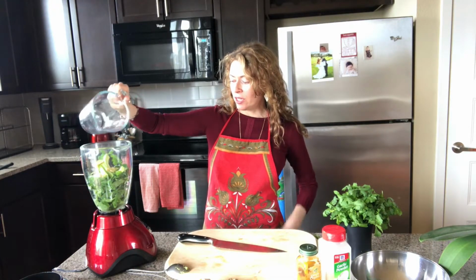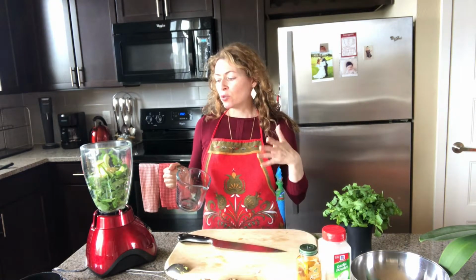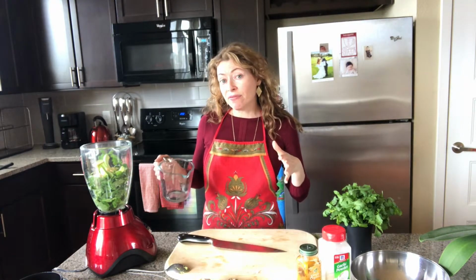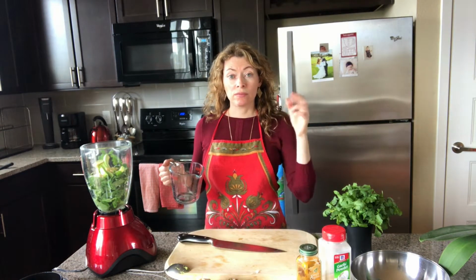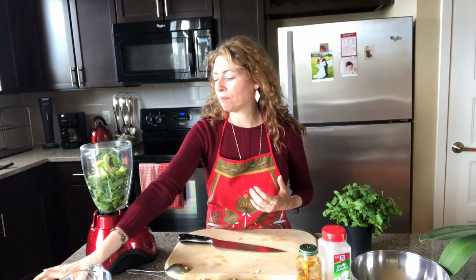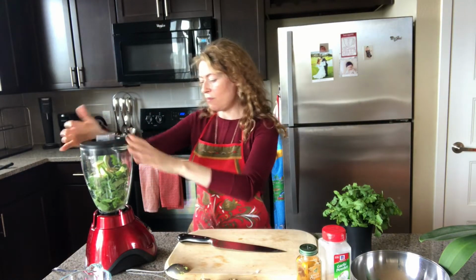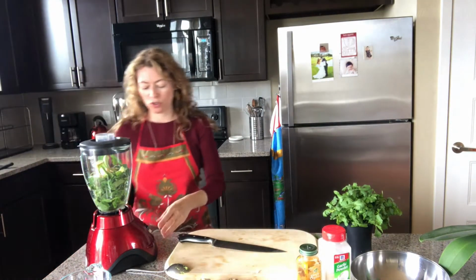And then I take about 1 cup of water, and it depends on how thick you want your smoothie to be. I prefer mine on the thicker side, so I put about 1 cup. You could put 1.5 cups of filtered water, or 2 if you like it really liquidy. And you can always add more water if it's not blending very well. And that's it. We close this up and we turn it on